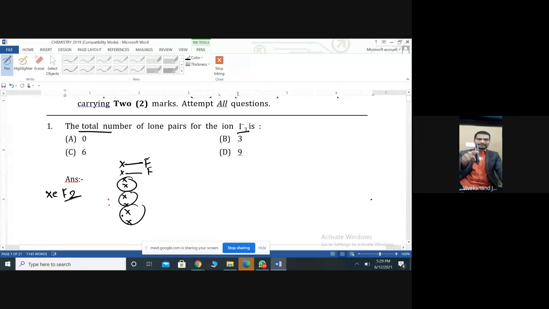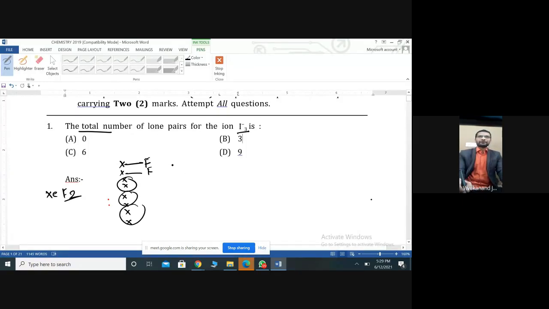This is the same type of question. In the previous year, in NET, they asked for hybridization, and in the SET exam they copied the question from this NET exam. Right now they are asking hybridization, but they might ask how many lone pairs are present, and by using that we can solve this.